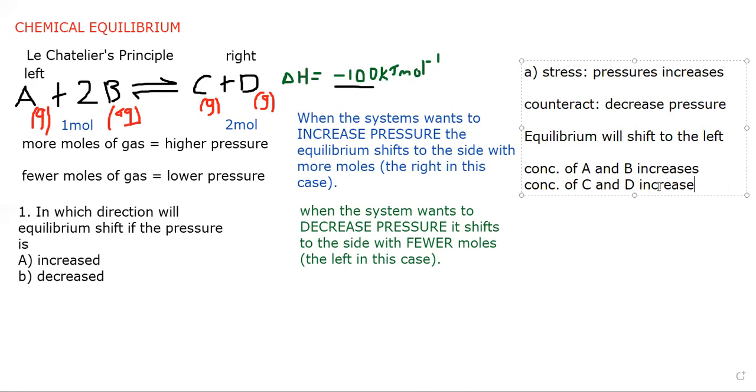One set will increase and one set will decrease. All right, so that's what happens if we increase the pressure. The system wants to decrease it, it shifts to the side with fewer moles, which is the left-hand side. Once it shifts, the concentration of A and B increases, C and D decreases. For part B,